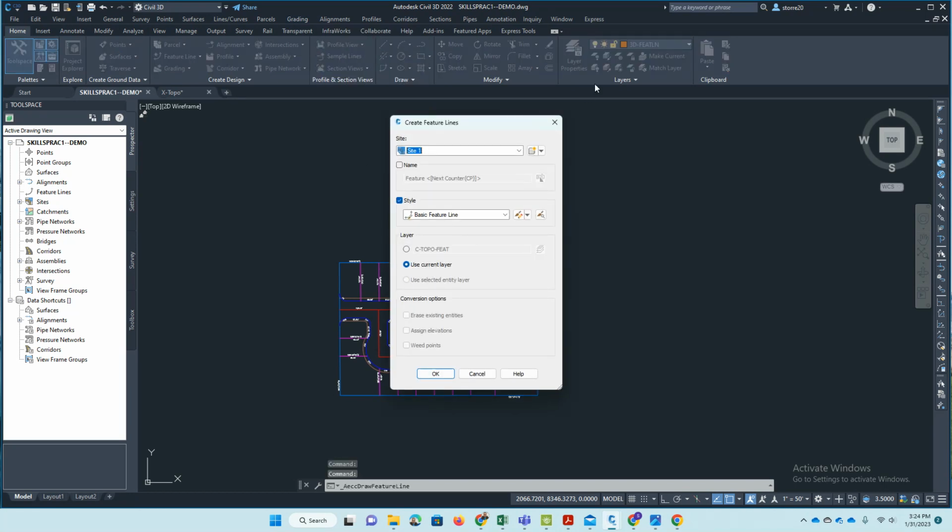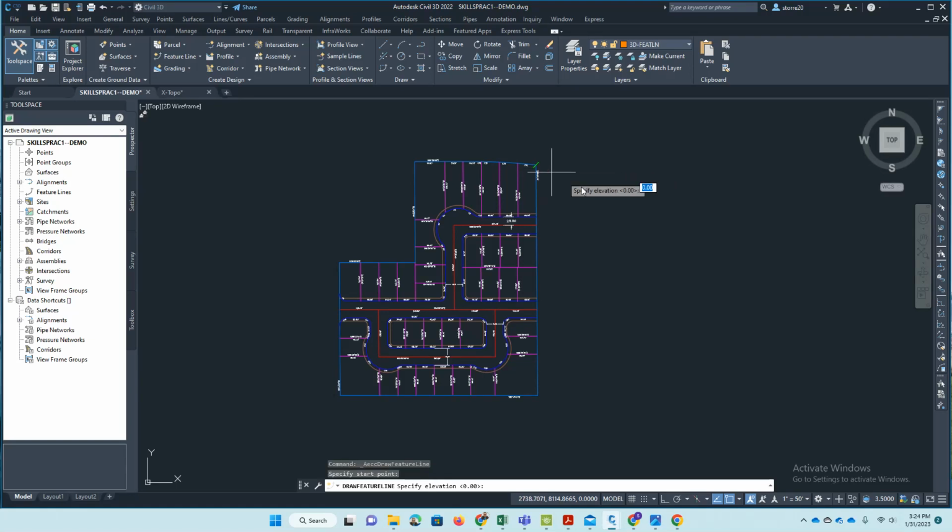I use the current layer, though I do suggest creating your own layer. In this case, we can just call it 3D feature line and use that same current layer. There's really nothing else to change. Hit OK. And then I would just start at a certain point there. Now the elevation there, again, just going to my handout, you just use this for reference. You should have a handout with numbers for your particular application. So this will be